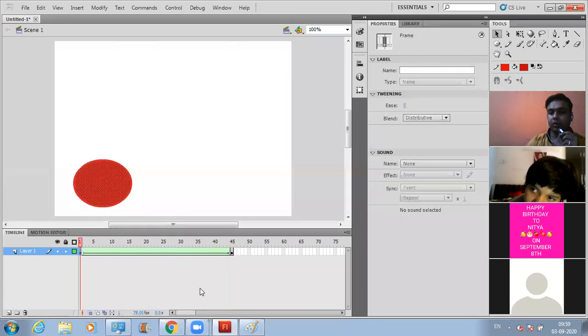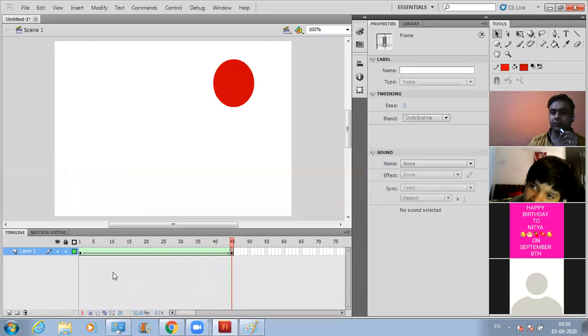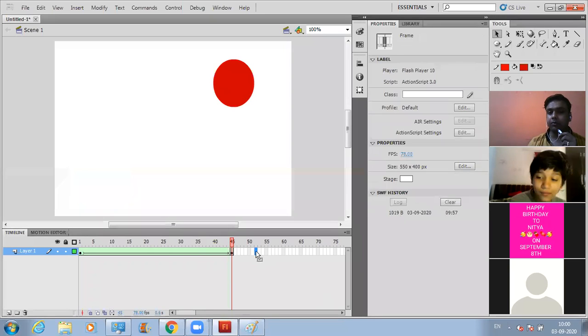Can you see it? It moved faster, didn't it? Why is it happening? Just because I have changed the frame rate. So the only thing that you have to remember for now is that this timeline is used for controlling the motion, controlling the speed of the animation. And these rectangular boxes that you're seeing over here are known as frames.